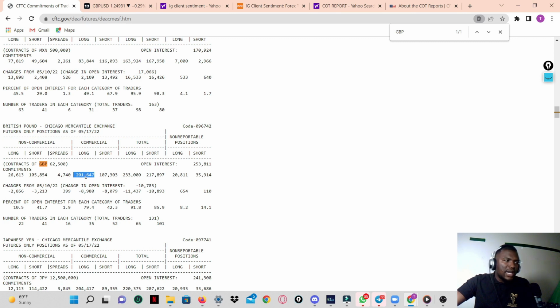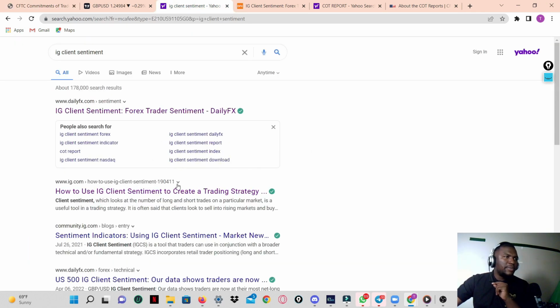We have this greater number, which is the greater one, like this. So this one is going to be going against us. So the non-commercial, we are not being recognized in the market as such, because the people who are moving the markets are the commercial people, which are the hedge funds and the big banks. You understand? So from this one, you can easily go to the client sentiment report, which is now